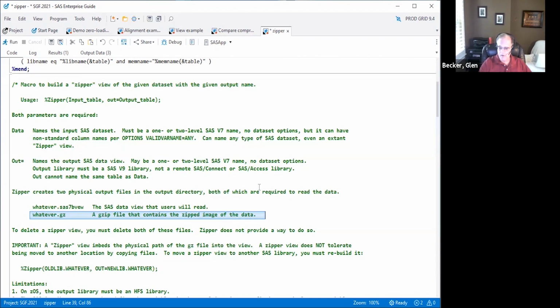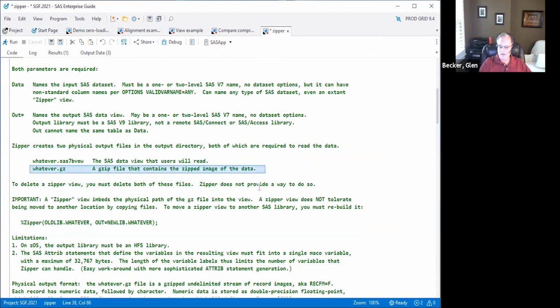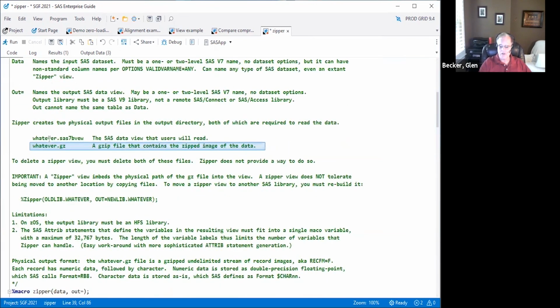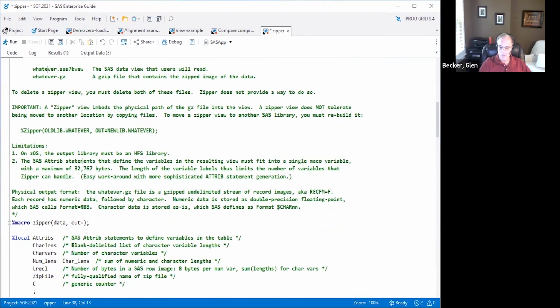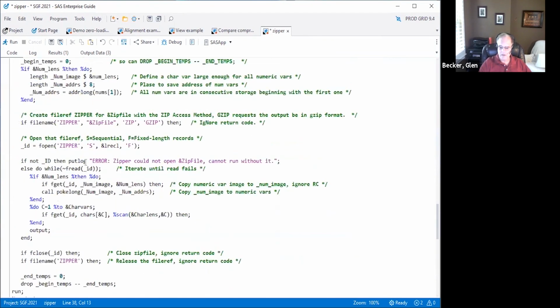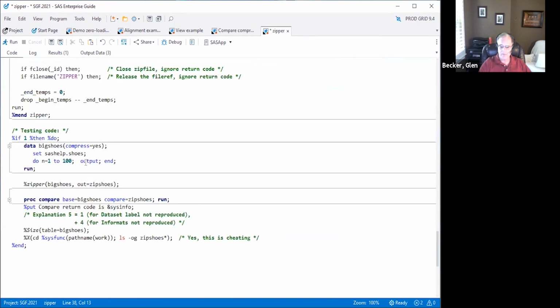I'm not going to go through it all. I'm just going to say that under the covers, when a user reads the view, it unzips the data on the fly. Rather than go through the macro, let's look at the results of what it takes to run it.